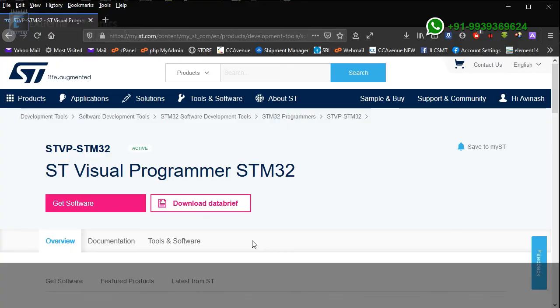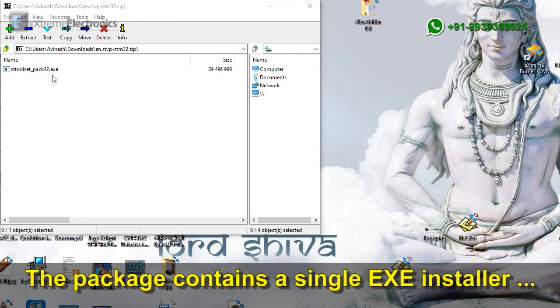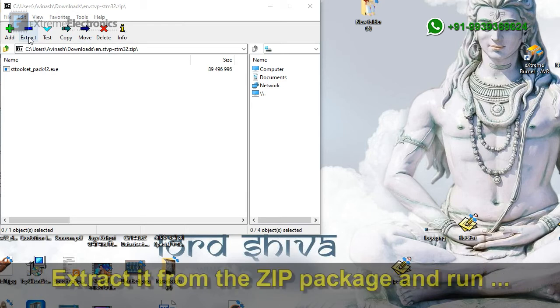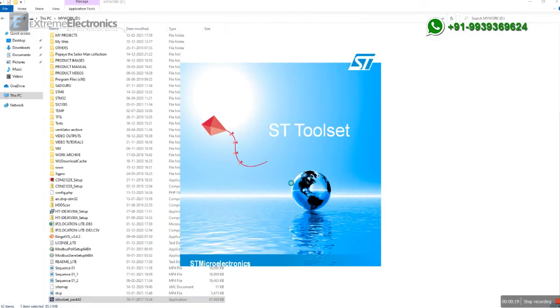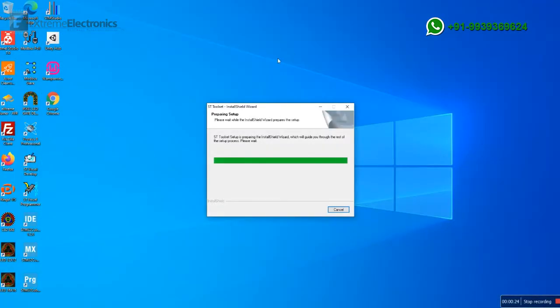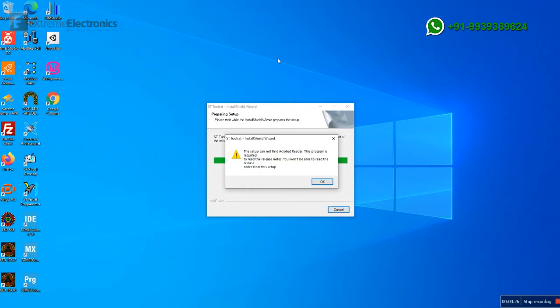This zip package contains a single exe installer file. Extract this zip package and then run the installer. I have launched the installer. And if you see this warning, simply ignore it and click OK.